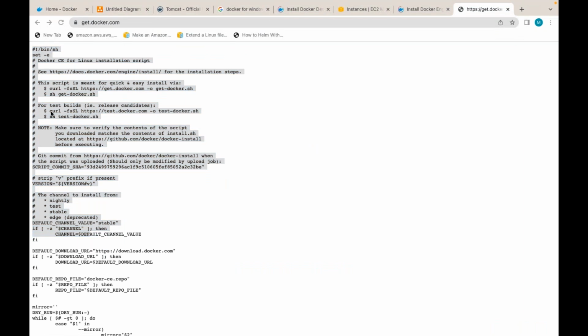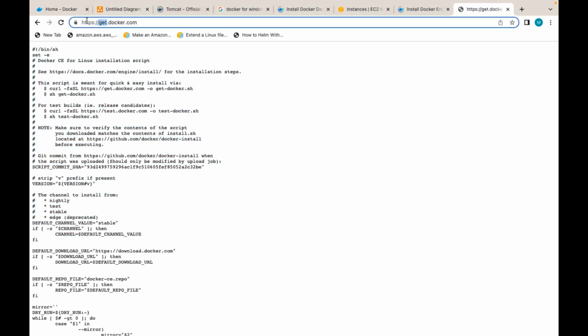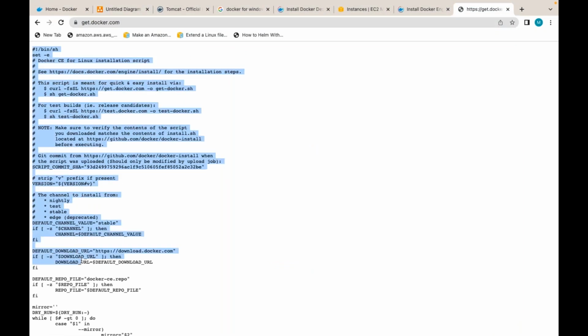Who wrote this shell script? This is written by Docker as a company. So can I use this script also to install Docker in Linux? This works only for Linux, most of the operating systems except which one? Except Red Hat.